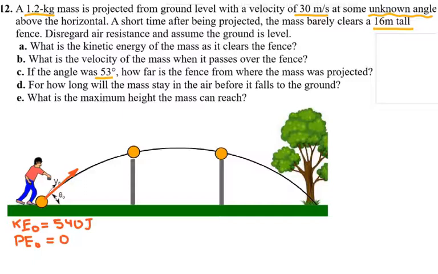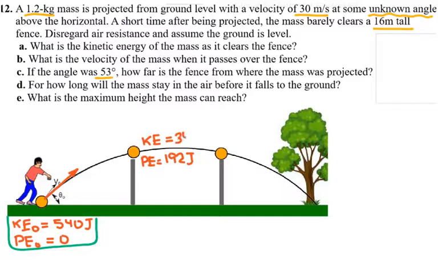Then, because the fence is 16 meters, it has some potential energy over here. So the potential energy is mgh. Mass is 1.2, h is 16, and g is 10. That gives me 192 joules. And because the total energy of the system is 540, I know that the kinetic energy at the top of the fence is equal to 540 minus 192, which gives me